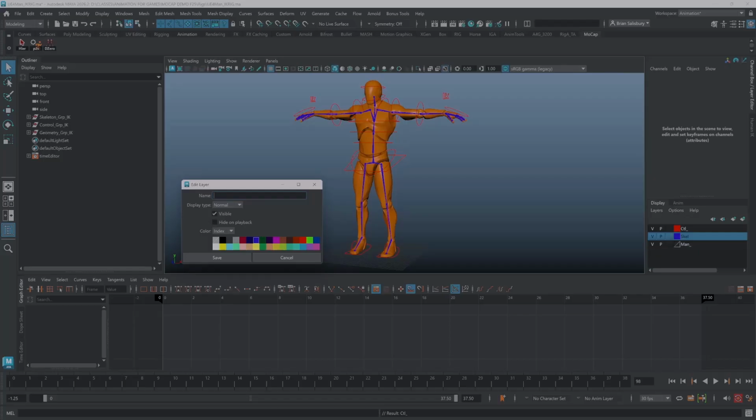Control, or how about, I don't know, scale underscore IK underscore. How about IK rig, just so there's no confusion. Save, and